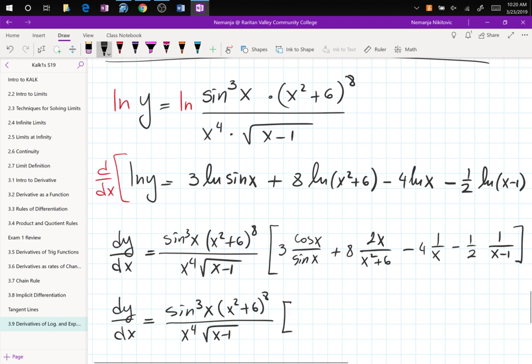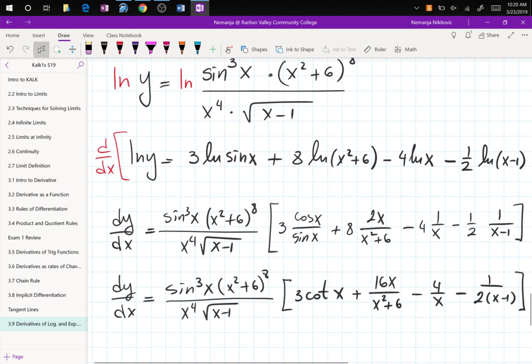So this is going to be 3 cotangent x plus 16x over x squared plus 6 minus 4 over x minus 1 over 2 open parenthesis x minus 1 close parenthesis, and that's it. It's in a factored form, ready for you to say, hello, set it equal to 0, and then, well, clearly it's way too crazy for something like that, but if you are to find zeros,